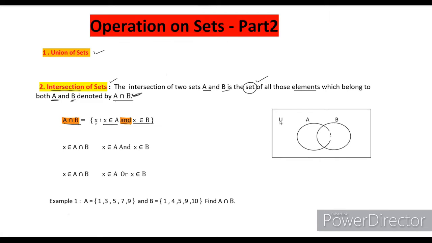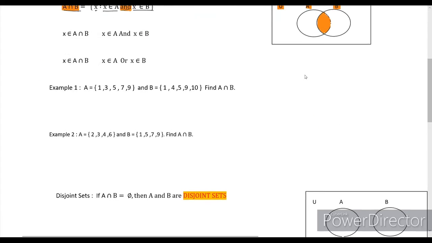How do we understand this with a Venn diagram? This is the universal set, this is set A and this circle is set B. There are elements which are common to both sets A and B, which is represented by the intersecting circles. That means the elements common to both A and B are written here. There are elements which can be in only set A and in only set B. Those elements are written here. Dear students, we'll come back to this part after some time.